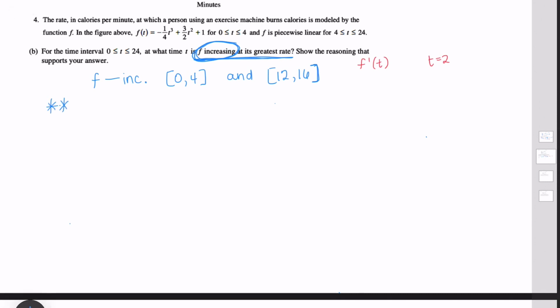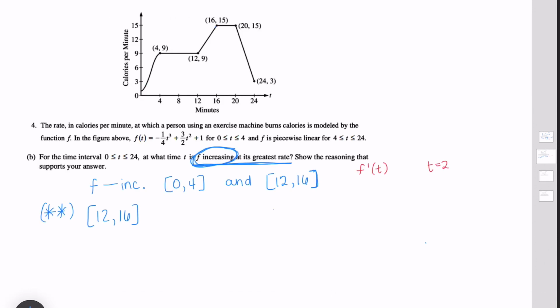The second interval that we need to look for is between 12 and 16. And if we notice on our graph, between 12 and 16, we have a linear piece of graph, which means that f prime of t, the derivative, will give us a constant. So the rate of change of f prime of t throughout that interval will always be the same. So for that piece of interval, f prime of t is changing at a constant rate. It is increasing at a constant rate,